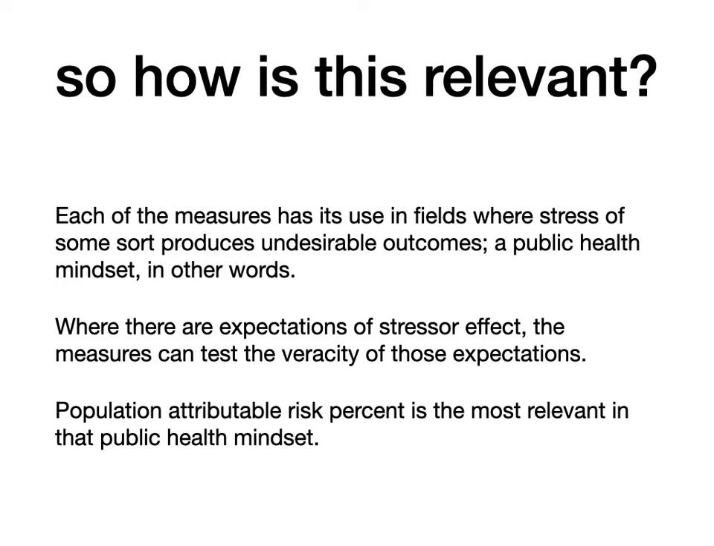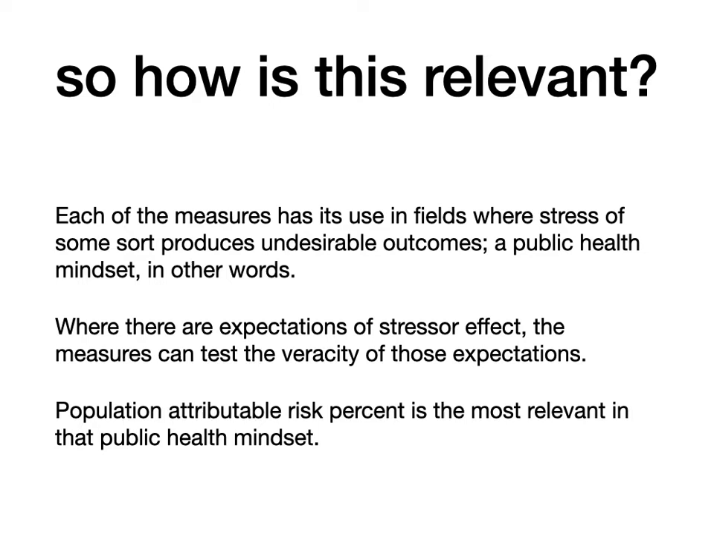Where there are expectations of what a stressor might produce, these measures can also help you test the veracity of those expectations. So when I say I expect that if I do this, I'll get that outcome, that is actually to a degree testable. And again, there's a large literature here that I'm not going to go into. This is to give you a sense of what you might be interested in pursuing on your own at a later time. The population attributable risk percent is perhaps the most relevant in the public health mindset, because it says,